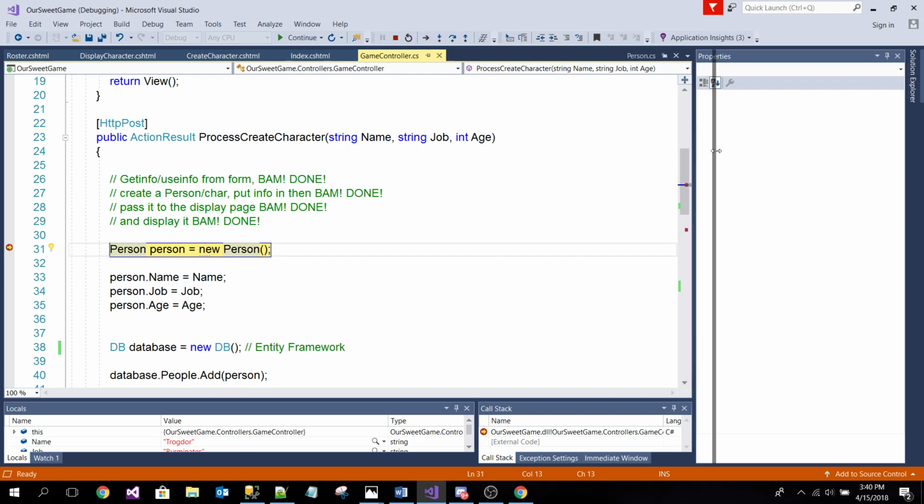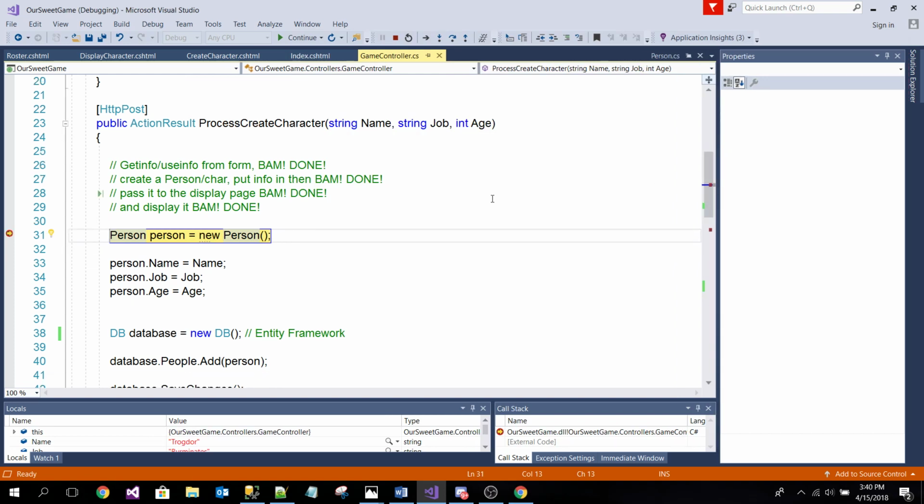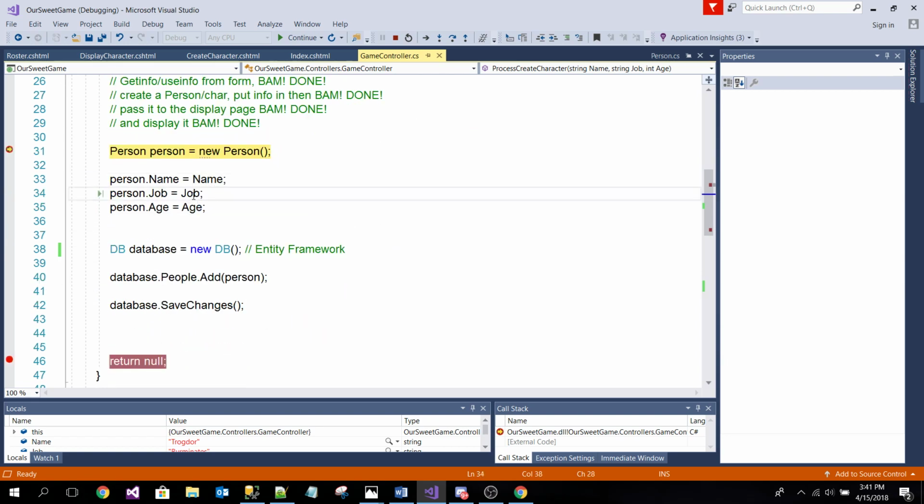So let's take this slowly. Let's do it line by line. I am here, and then, well, what is this supposed to do? What is this whole create character process supposed to do? So we're going to grab information for a new person. Yep. We're going to take the name from the name field, the job from the job field, and the age from the age field. Yes. Enter those into the object. Yes. The instance of the object, of the type person, correct? Correct. And from there, we're going to fill that instance into the database. Okay. And where is that happening? So let me see. So here,